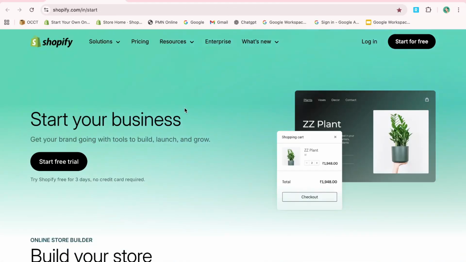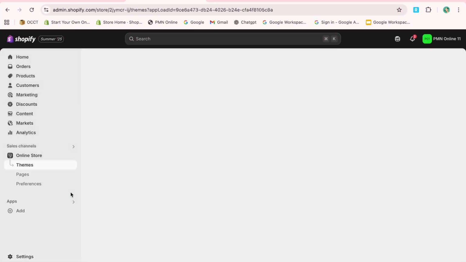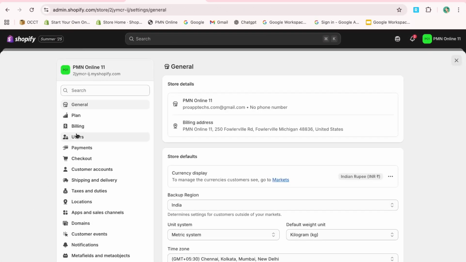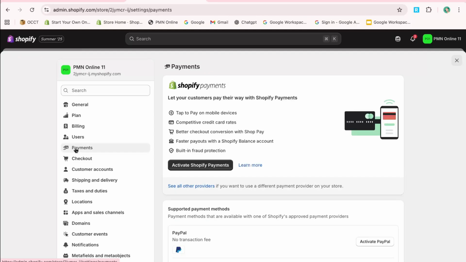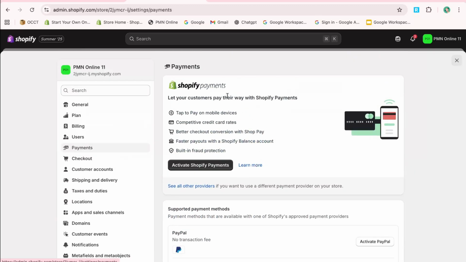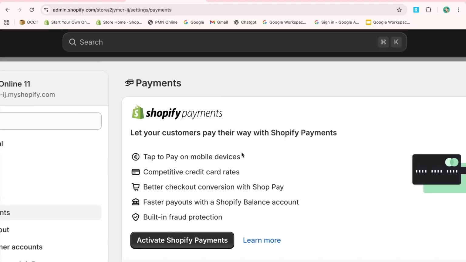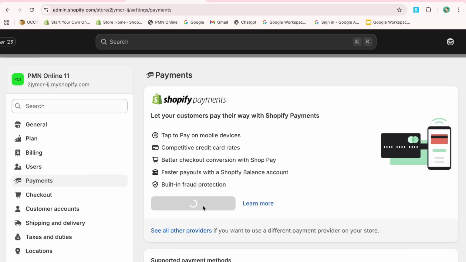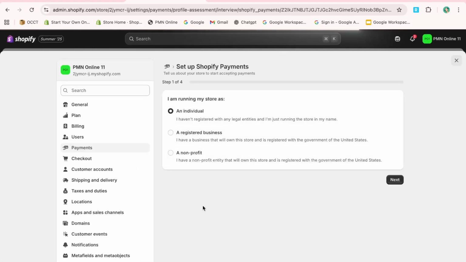Once you're on your Shopify dashboard, navigate to the bottom left and click on Settings, then select Payments. The options you see here may vary depending on your country. For instance, if you're in the United States, some states allow the use of Shopify Payments, a unique payment provider owned by Shopify. If Shopify Payments is available in your country, you can activate it without providing business information, just your personal details. In cases where Shopify Payments isn't available, Stripe is a great alternative if it's supported in your